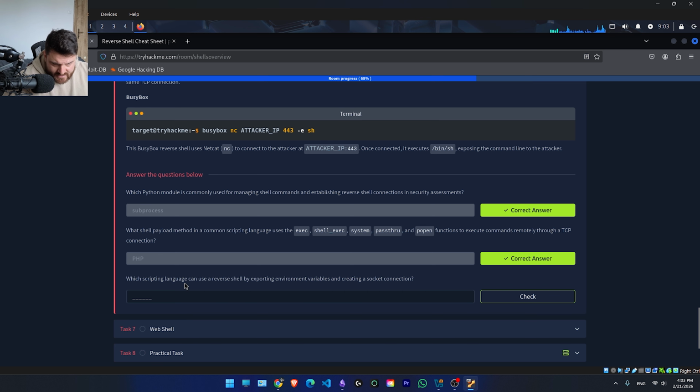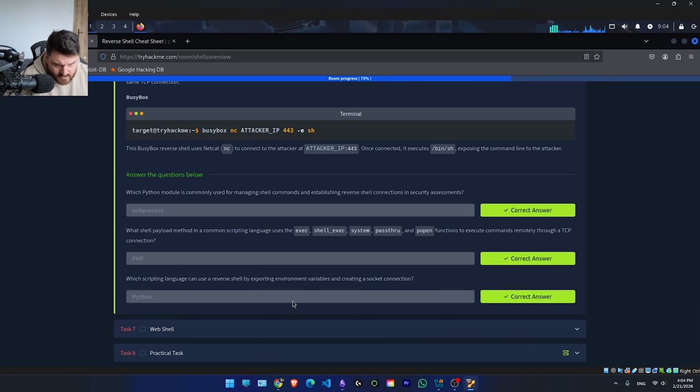Which scripting language can be used? Exporting, Python. I would say straight away Python. Which scripting language can use a reverse shell by exporting environment variables and creating a socket connection? Yeah,